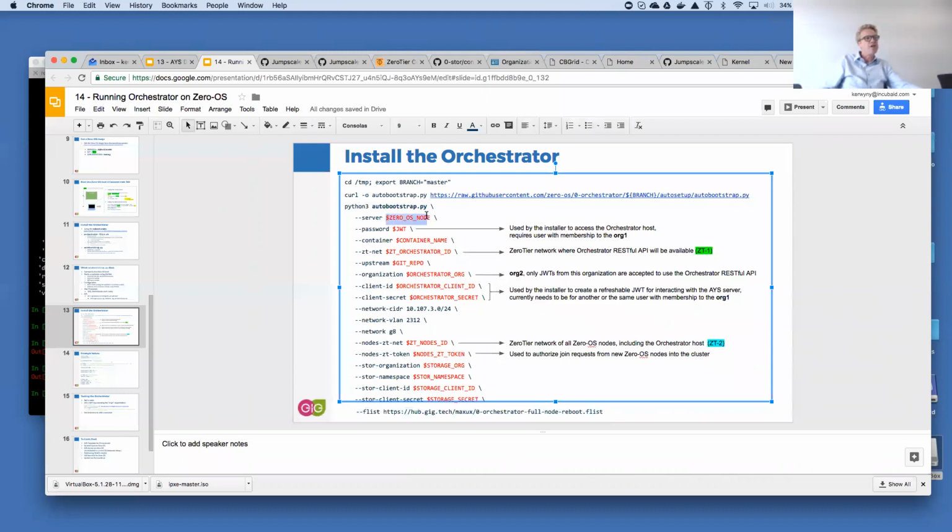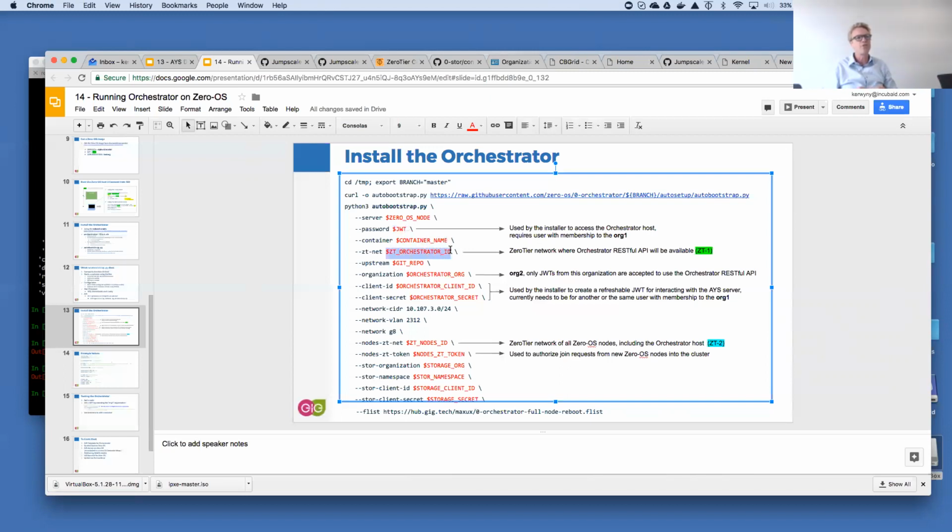You need to specify, first of all, the 0S node. This is the IP address on 0 tier 1 of your host. Then you need to send along the JWT proving that you are a member of organization 1. You specify whatever organization name. Then you specify the 0-tier network of the Orchestrator ID.